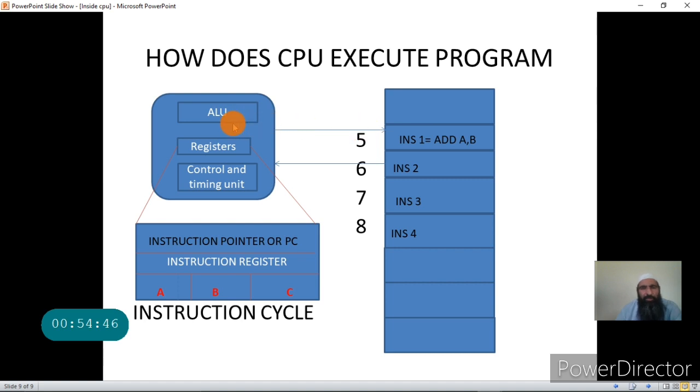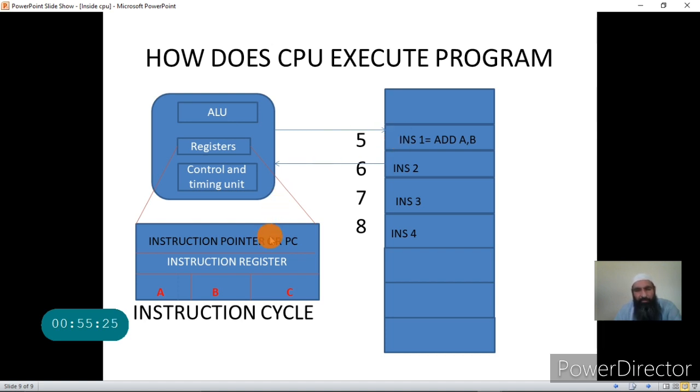Is this clear? Next, once this instruction is brought in, that means you have to read the instruction from the memory. Who has to read? The CPU has to read the instruction from the memory and then get it into one of its registers. What is the register where you store this instruction? You cannot store the instruction in here. The register for that is the instruction register. So what is the instruction register? It is again a register or a memory location within the CPU that stores the instruction that is to be executed. The instruction that is to be executed I will call the current instruction. My current instruction is add a comma b, and this instruction is to be executed by the CPU.